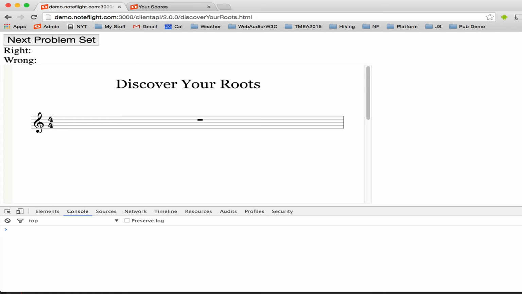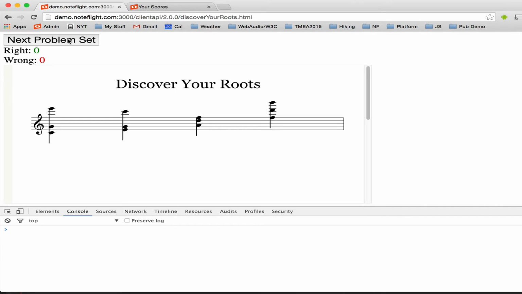And we'll look at how that makes it really, really easy to build simple interactive applications based on music notation. And these could, of course, also be quite complex ones, but this one's super simple. It's just a simple music theory exercise where you have some randomly generated triads, and the user is asked to click on the root of each triad, and as they click on notes, there's a tally of right and wrong